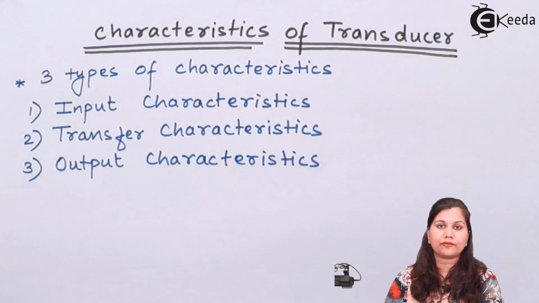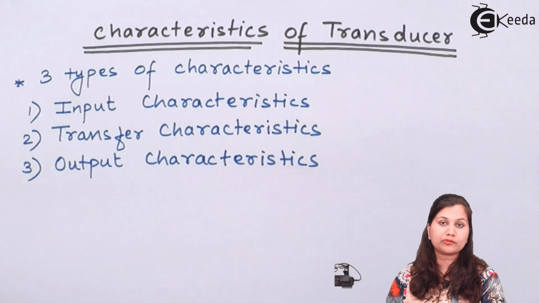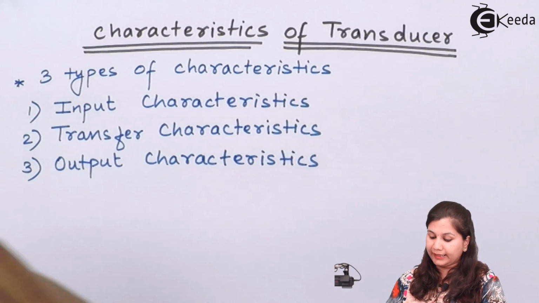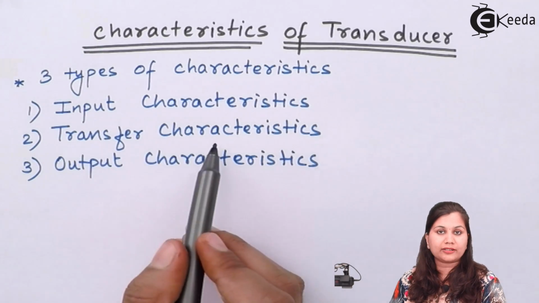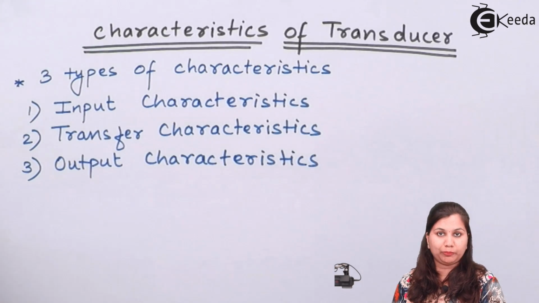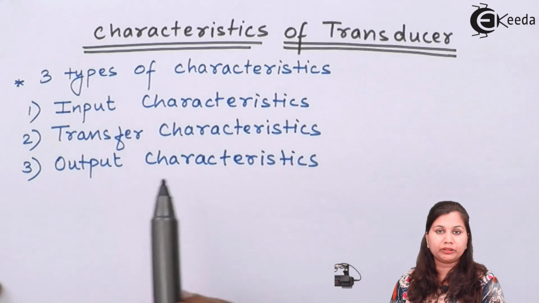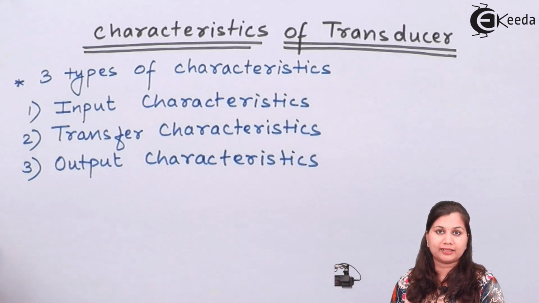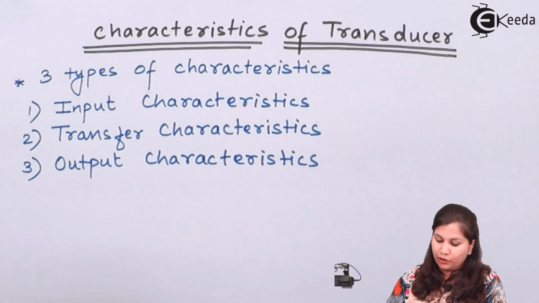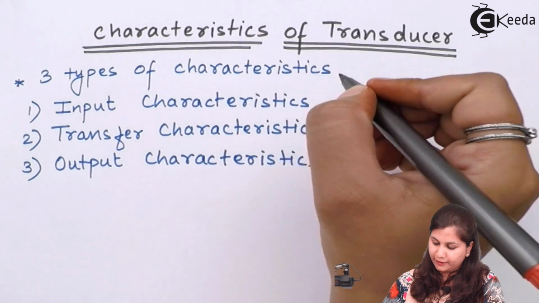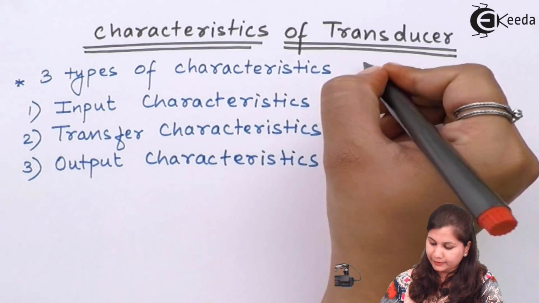These characteristics of transducers are influenced by various factors. Like in input characteristics, the input factors are going to influence these characteristics. Transfer characteristics means both input and output are involved in that, and output characteristics means output factors are involved in that. If we see the factors which influence these characteristics, input characteristics is influenced by two factors: